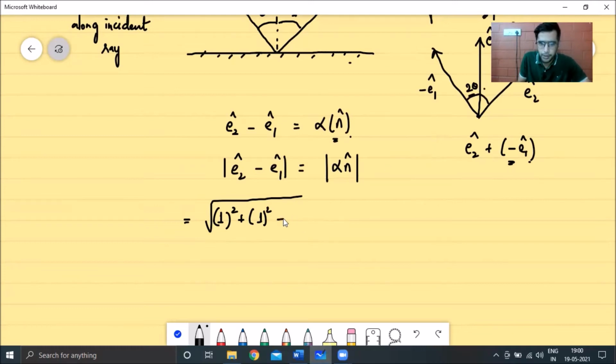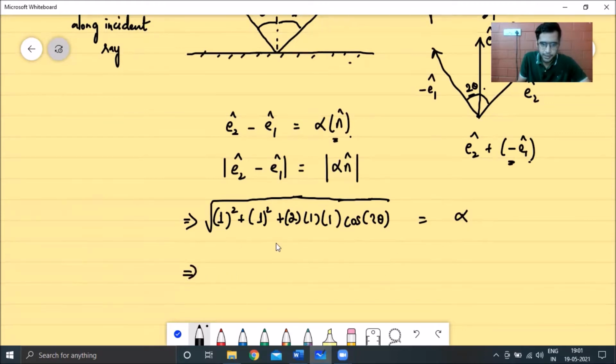So the magnitude over here will be equal to plus 2 into 1 into 1. So that is under root of 2ab, right? And then again, I'm finding the angle between E2 cap and minus E1 cap. We saw that the angle between them is 2 theta. So this will be cos of 2 theta. So this will be this magnitude term. And what will be the magnitude of this term? N cap is anyways a unit vector, and we have a scalar multiple alpha over here whose value is unknown for now. So the magnitude will be equal to alpha, right?